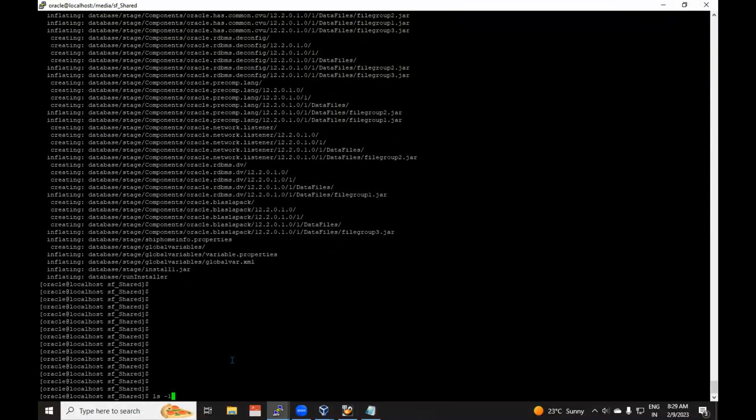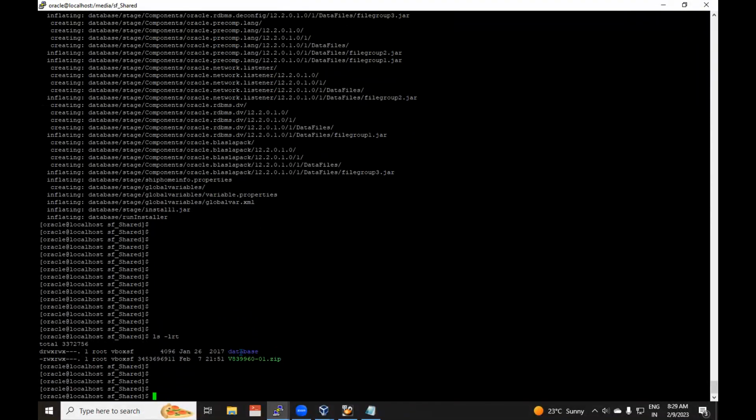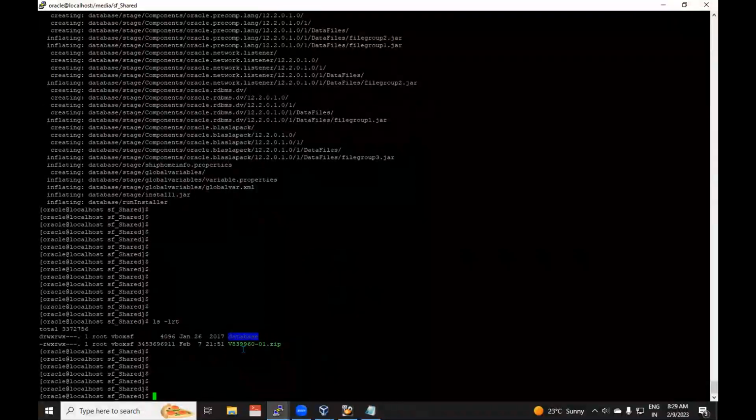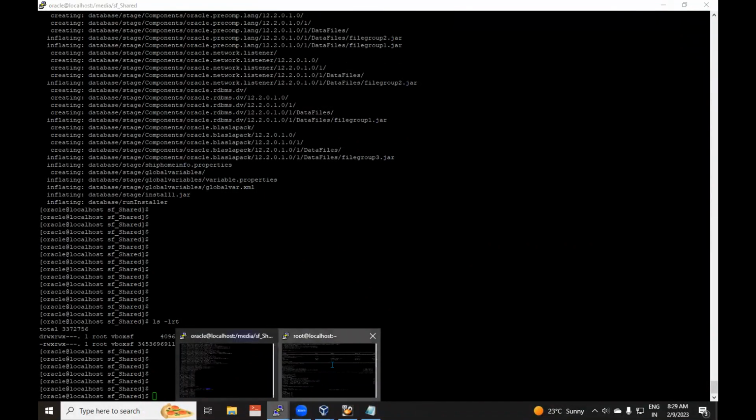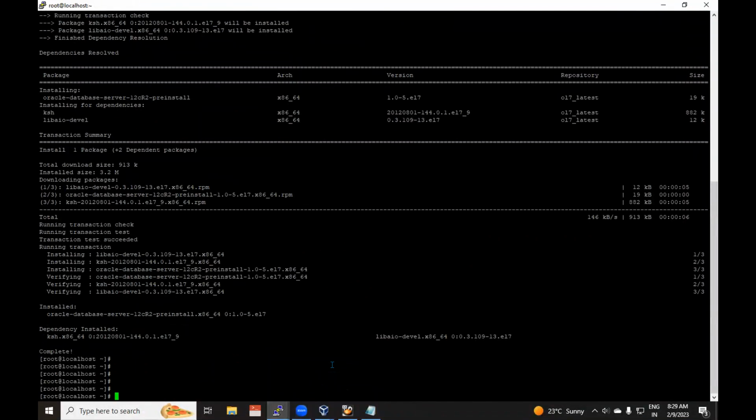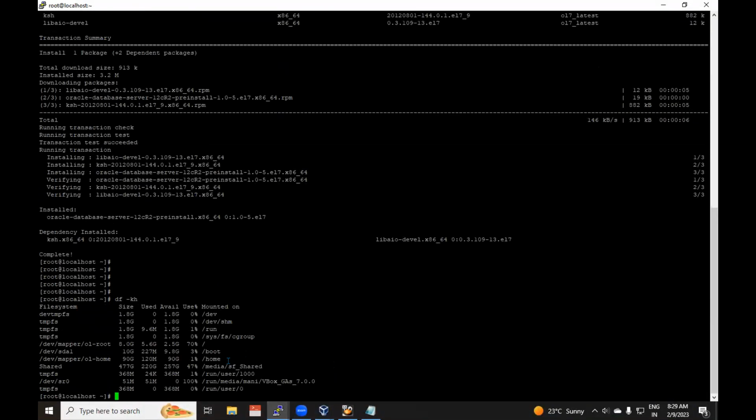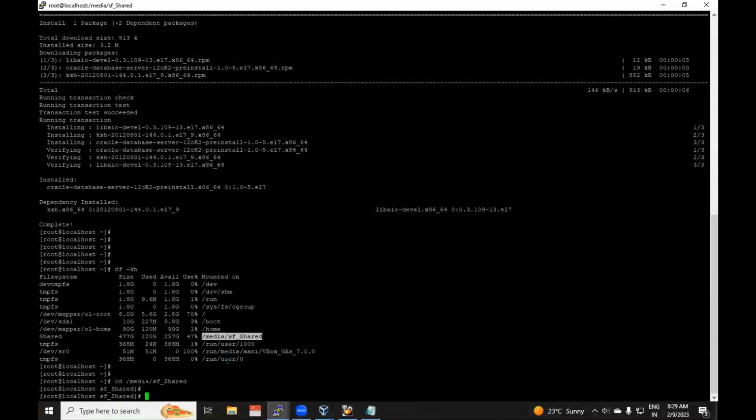And let's go to the previous session. Here, if we give ls -lrt, one folder called database was created, right? After unzip. Okay, we'll change the ownership for this. df -kh. Go to this location.